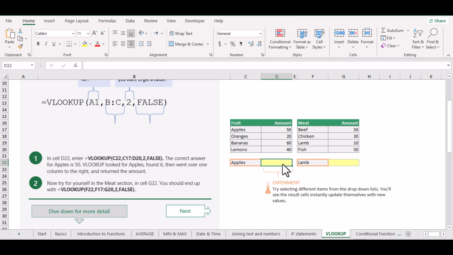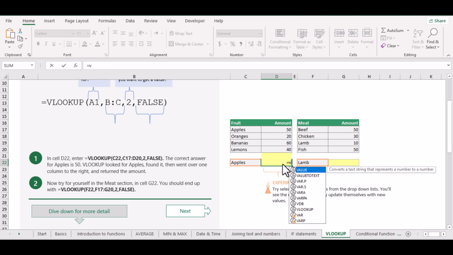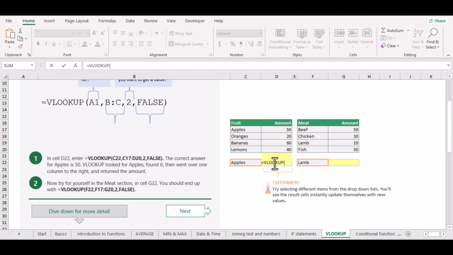Write VLOOKUP formula here. And then choose what do you want to look for. I'm gonna look for this, comma, and then select where do you want to look for this value. I'm gonna look for the value in these two columns. Start from here, and then comma,